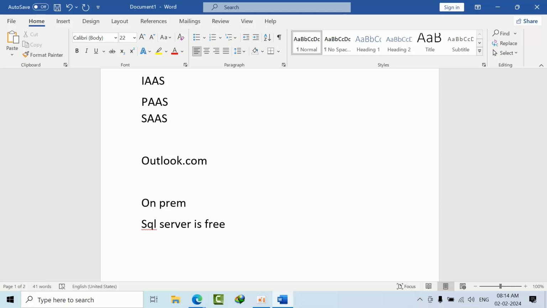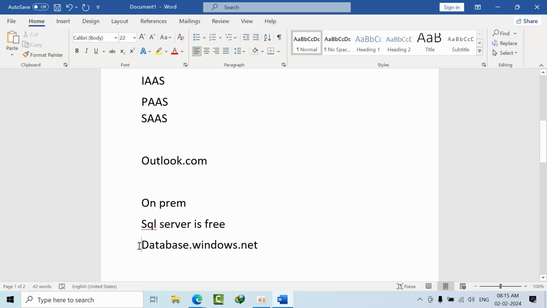On-prem SQL Server has a named instance or default instance. Named instance means the host name that you have becomes the SQL Server name. But here in Azure, everybody has a surname, right? So Azure SQL database also has one surname: database.windows.net.